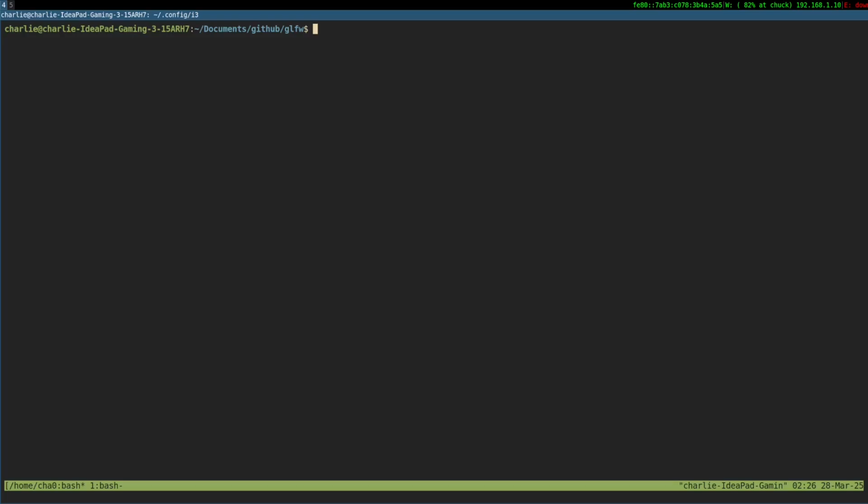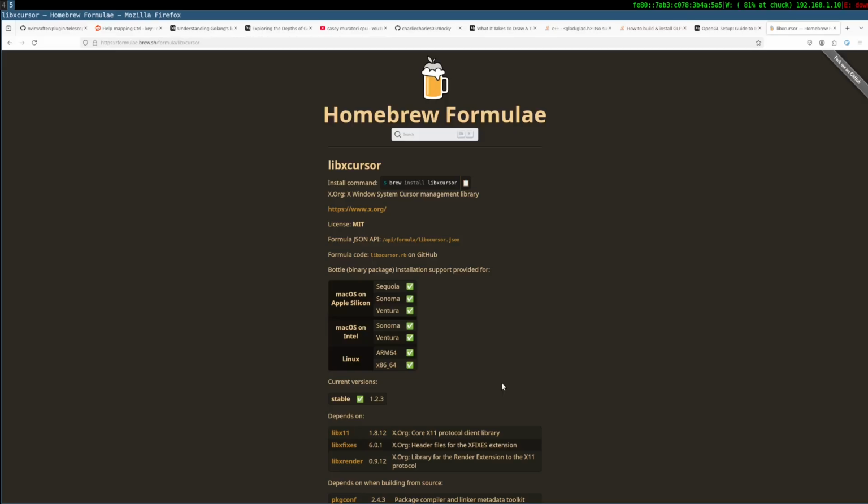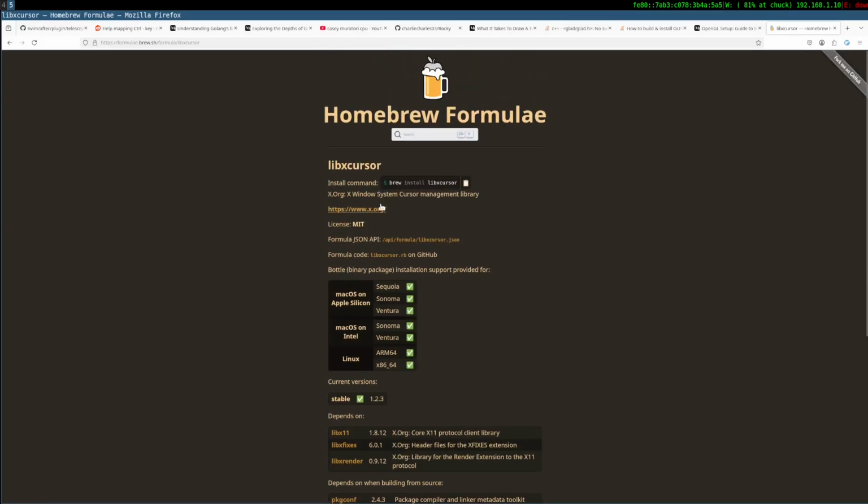Okay, wait. After getting CMake done, how do I check if that thing is working fine or not?